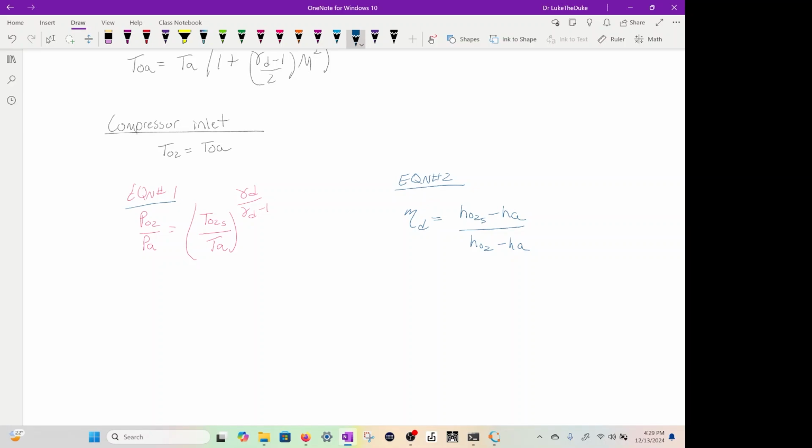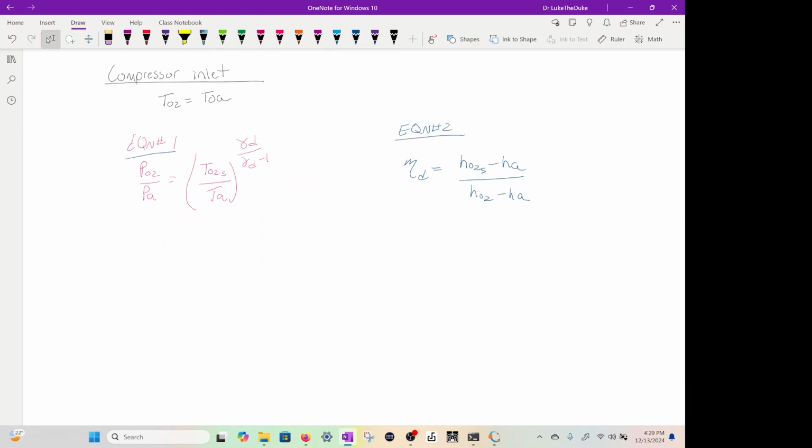Okay, so what we're going to do is plug in what H was, remember H is equal to CpT: CPD times T naught 2S minus CPD times TA, divided by CPD times T naught 2 minus CPD times TA. And we can cancel all of these CPDs because they're the same. So we end up getting T naught 2S minus TA over T naught 2